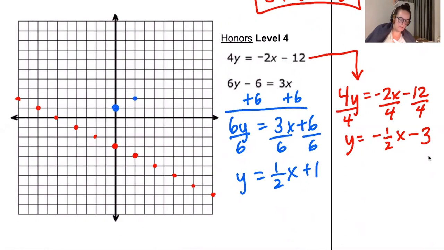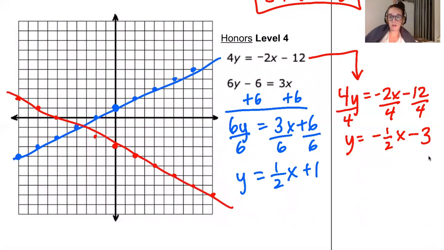Going up 1/2, down and backwards. I can see where those points are going to intersect. I can draw this quick line, draw that red line real fast. You can see if I don't draw very nicely, then I'm not going to be able to tell what number I have, right? So I'm going to go ahead and go back and try to draw it a little bit